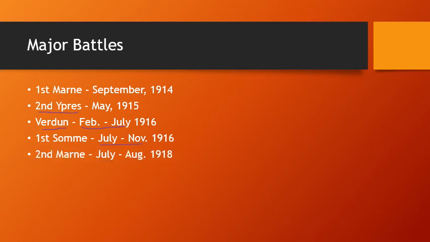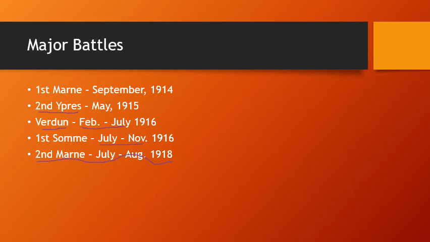Moving forward to closer to the end of the war, the Second Battle of the Marne, July and August of 1918. This stands out for a couple reasons. This is the first battle that the United States was involved in. The war ended in November of 1918. The United States first put soldiers into fighting after we had mobilized and sent them over there. We started fighting in about March or April of 1918, so this is the first major battle that the United States was involved in.